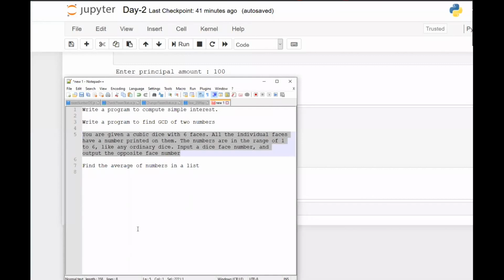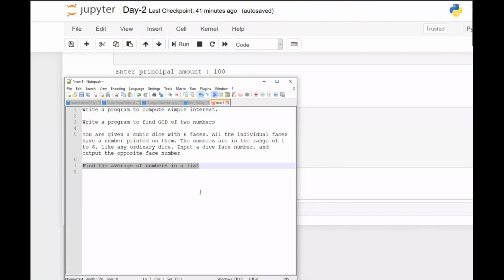Correct? Okay. There was one question here: find the average of numbers in a list. This question was purposely added because you will also need to put in some effort from your end, because Python is a vast programming language.